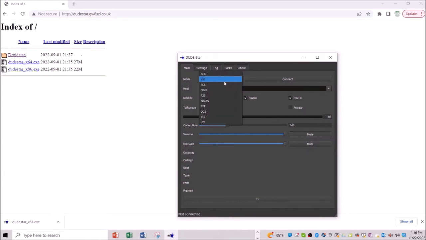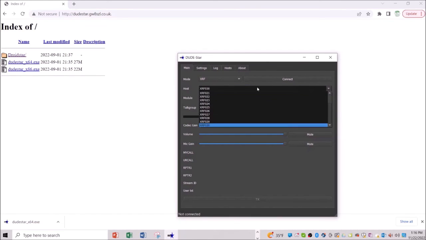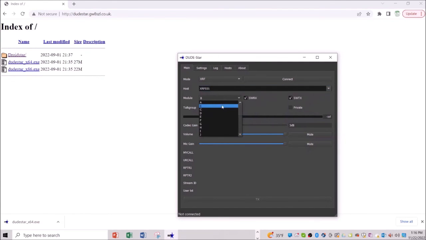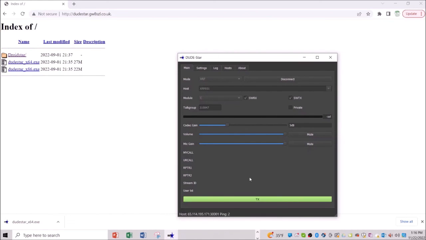And then I'll disconnect from them. And as you can see, I can either stay on Fusion, go to one of the DMR reflectors, P25, the DudeStar XRF reflectors, and I can probably get back on their system on XRF 031C. Just hit connect again,